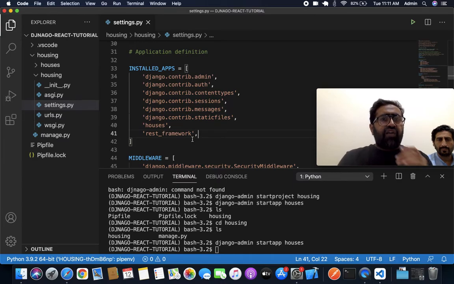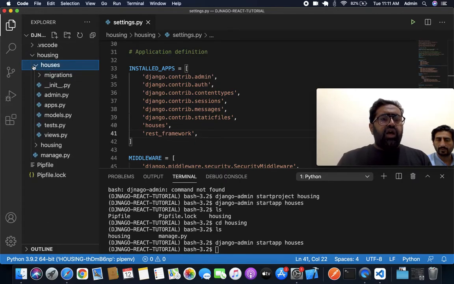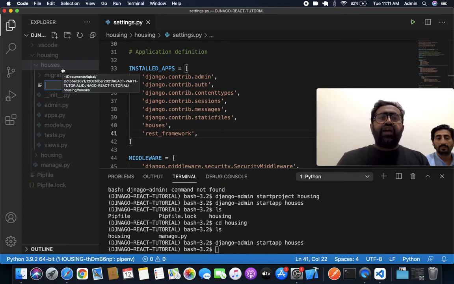Now after I have added these two in the installed apps variable, now I need to create the model. You know, the database model, which I will create now. For creating the database model, I will go to the houses app and create a new file. The new file name will be